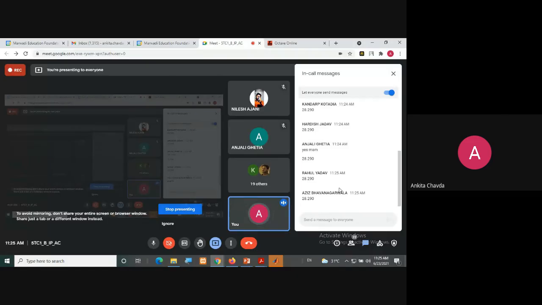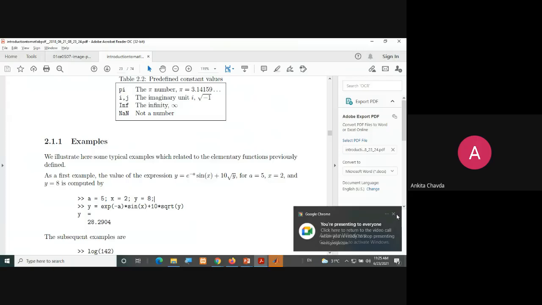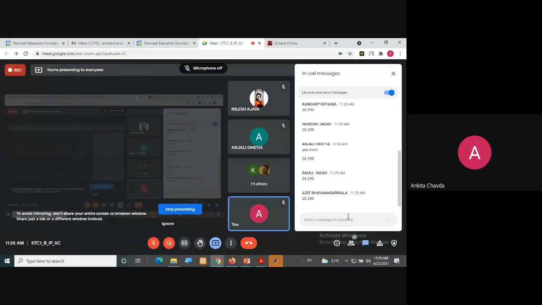If you are not responding, then just see this lab manual and do everything on your own, right? Okay, fine.